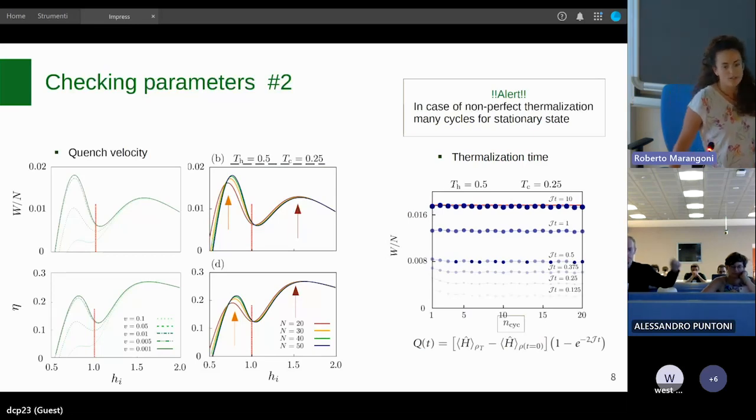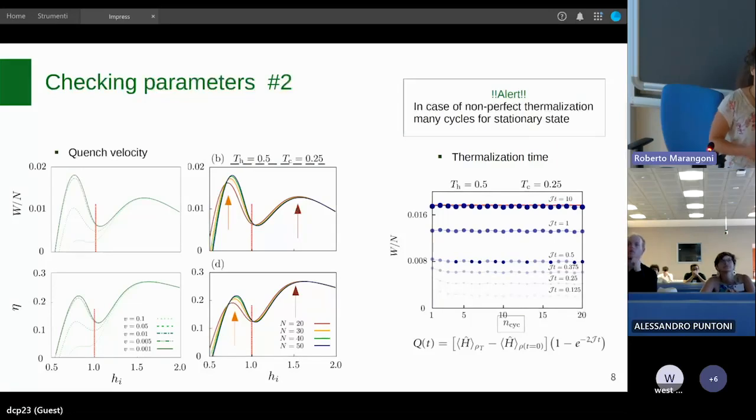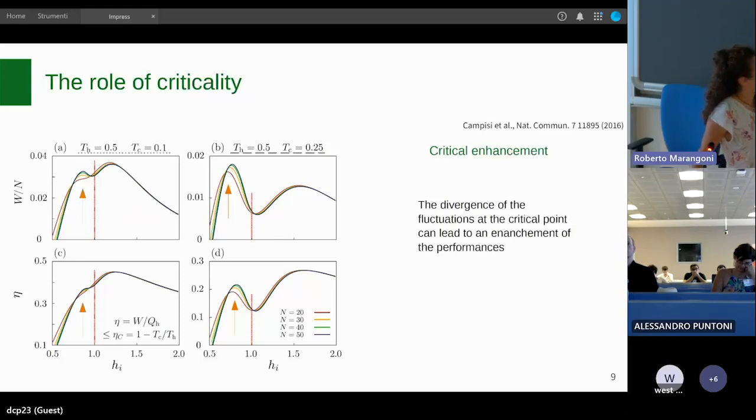So here again, if you want to evaluate which is the best point to work to let this engine operate to maximize also the power, it is not so easy or straightforward to do, because you have to keep in mind these two competing processes. So coming back to this picture where I left you, I told you there is this critical peak, the best one, the one we are more interested in. And we want to investigate the role of criticality.